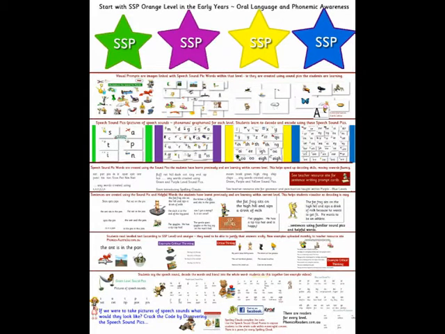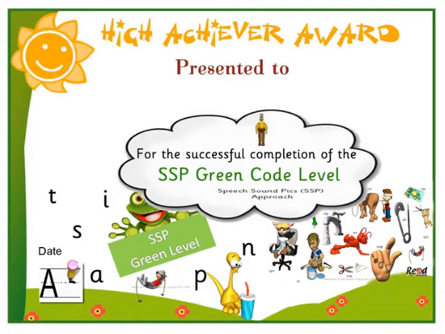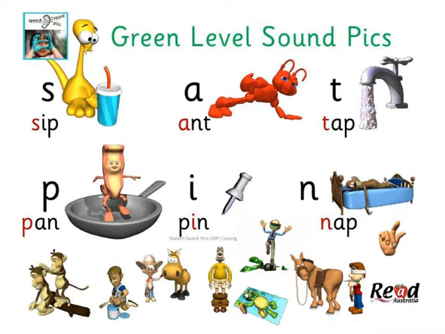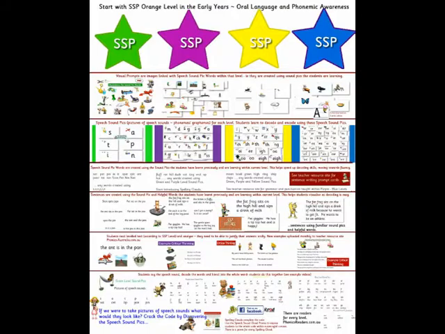Now, the spelling clouds are really important. However, in the early stages, they're really used just for incidental learning. You can imagine alongside your explicit teaching when, for example, you might be on green and really exploring all the words that you can spell and read using s, a, t, p, i, n, with just the one representation, so that's S-A-T-P-I-N. Whilst you're doing that, and you've got some high frequency words, the children aren't going to be just writing news and stories or whatever, just using those sound pics. Of course they're not. They're going to want to write, I went to play with my daddy at the weekend or whatever. So instead of just saying, well, we haven't learned that yet, what we do is we say, well,